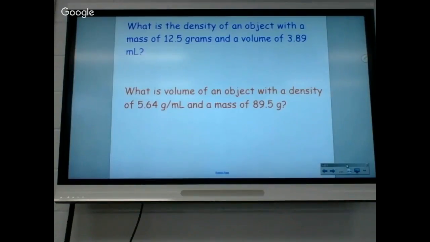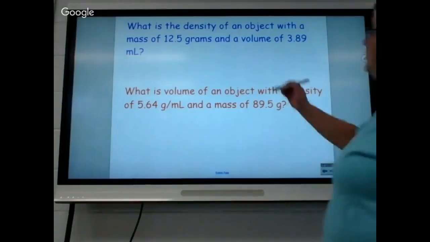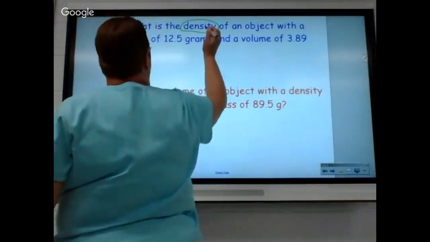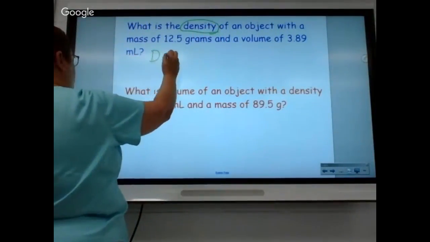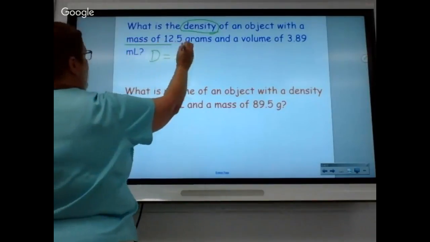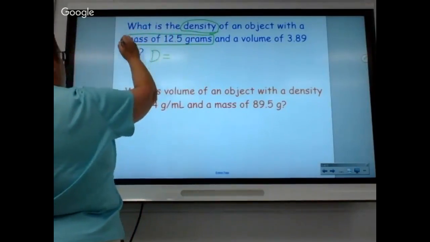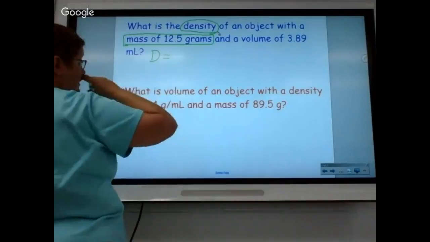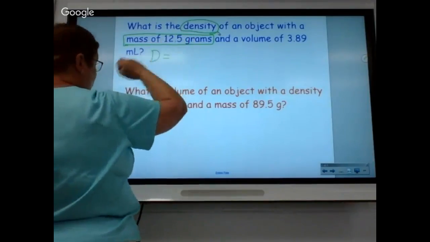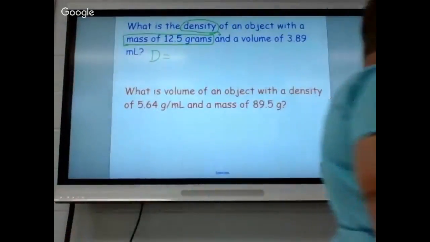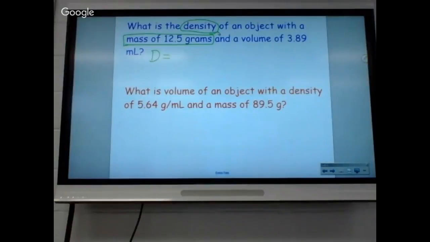All right, so what they're asking you to find? Nice and easy, find a density. Now, sometimes the word problems are so easy, it will say mass of 12 grams. Sometimes it won't be that easy. It'll just say 12 grams. One of the reasons that we spent time with units yesterday